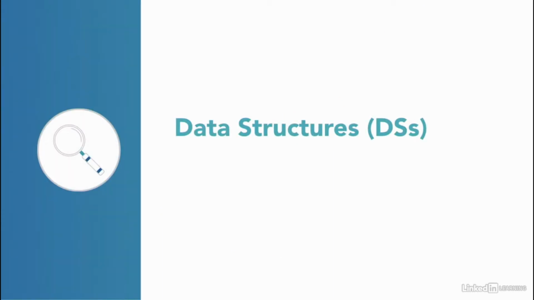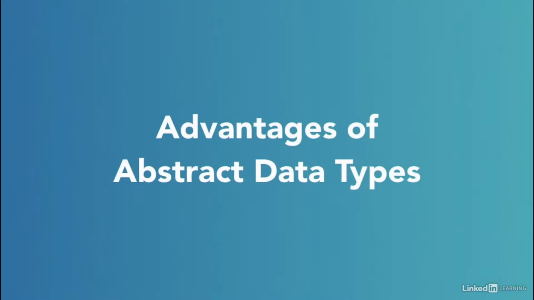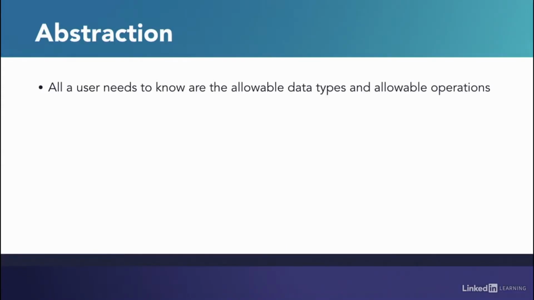The implementation of an abstract data type is called a data structure. Throughout the rest of this course, we'll be focused on creating data structures for linked lists using Python. There are a couple advantages to thinking about data with abstract data types. The first is abstraction. Abstract data types always have certain predictable properties and allowed operations that we specify at the